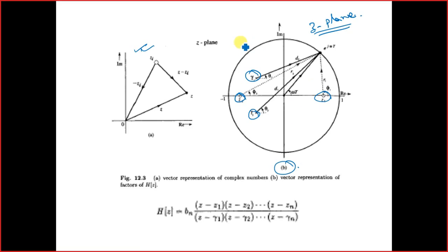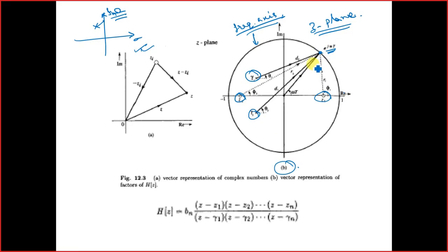Now, what is the frequency axis? Just now I told you that the frequency axis is the unit circle. So in our previous case, what we were looking at, if a pole is being placed, what is the distance of the pole or the zero from the frequency axis? So what should be the point over here? The point is on the unit circle. If you see, we have put this point at e to the power j omega t.